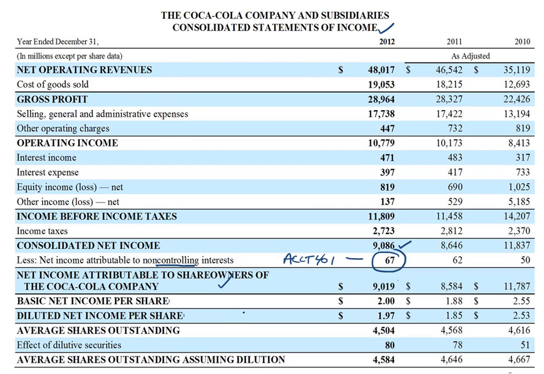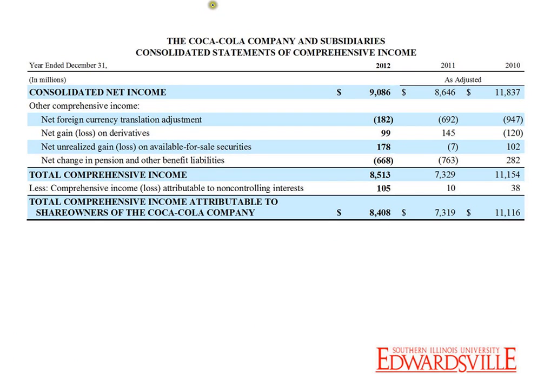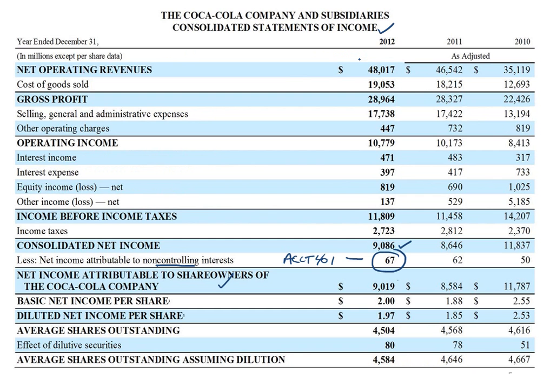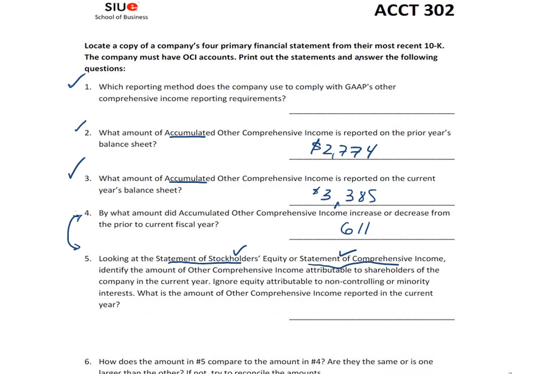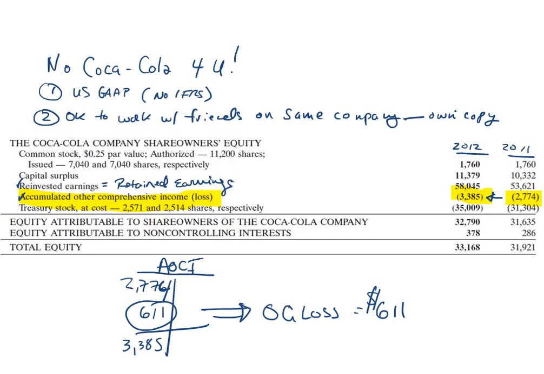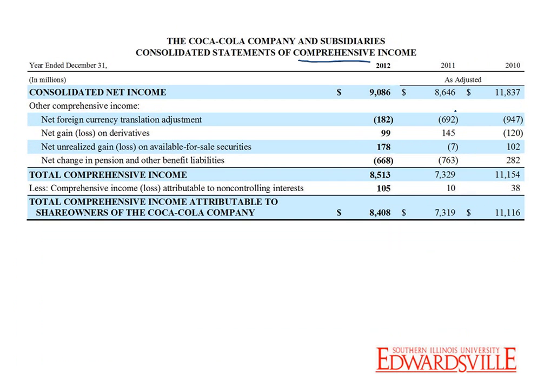Okay, so they don't have one big statement. But they do have a statement of comprehensive income. So let me stop before we get to the numbers. And now I can answer number 1. Separate comprehensive income statement. All right. So now, but I'll keep looking around. What do they have here? They have consolidated net income, and then they have,